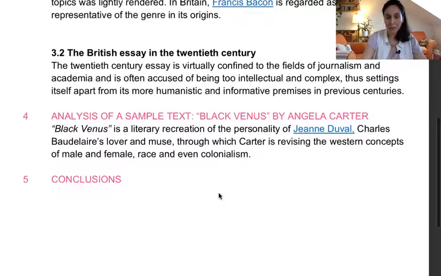Analysis of a sample text, Black Venus by Angela Carter. Black Venus is a literary recreation of the personality of Jane Duval, Charles Baudelaire's lover and muse, through which Carter is revising the Western concepts of male and female, race, and even colonialism. So as you could see, I also have placed a link to research further